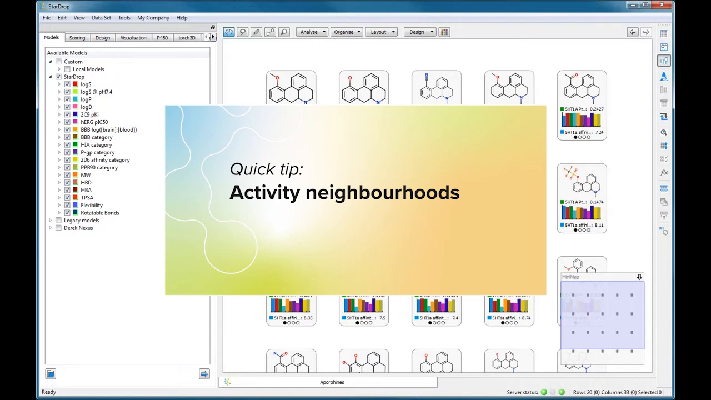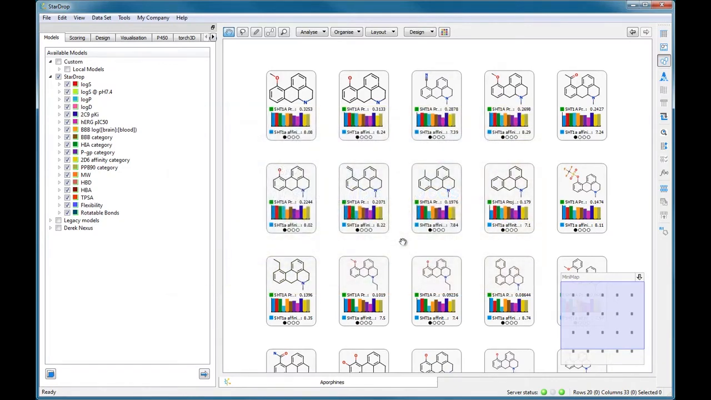An activity neighbourhood analysis looks for significant differences in a property created by small structural changes around a reference compound. These changes are often described as activity cliffs and can represent important structure-activity relationships to guide the further optimization of compounds. To run an activity neighbourhood analysis, select a reference compound in card view and select the Activity Neighbourhood option